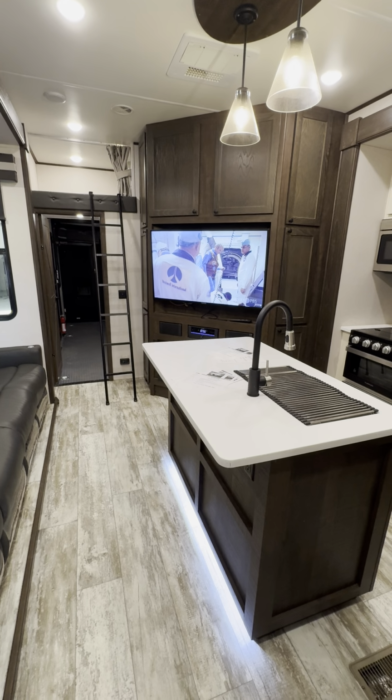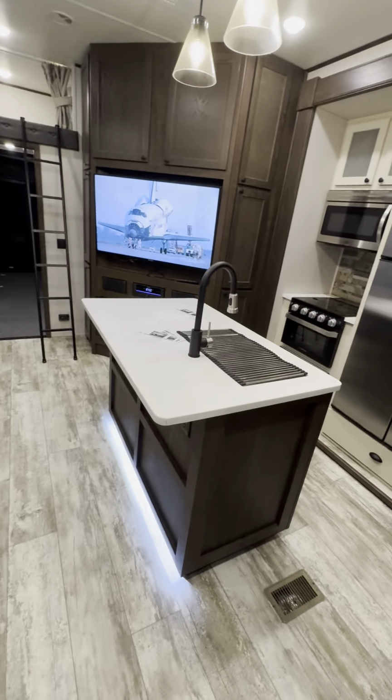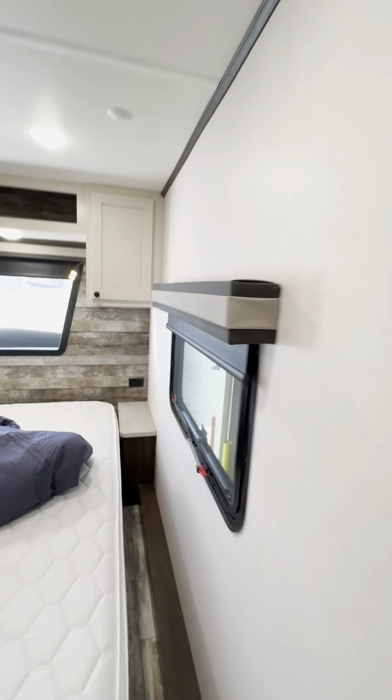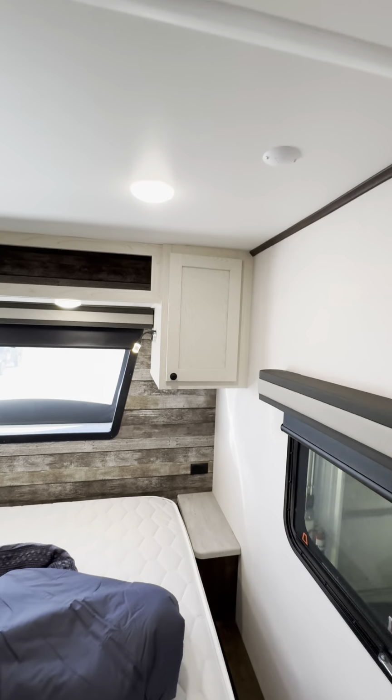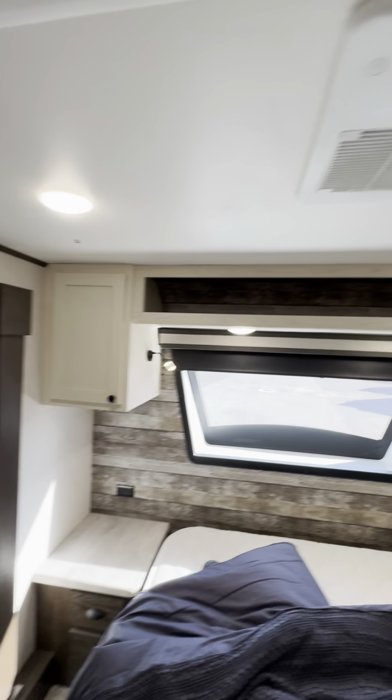All right, we are now in the interior of 4101P, the 2021 XLR Nitro. I'm going to start all the way in the bedroom area and work my way out. Okay, starting in the bedroom area here, you have storage in your cabinets just above the bed and stored on